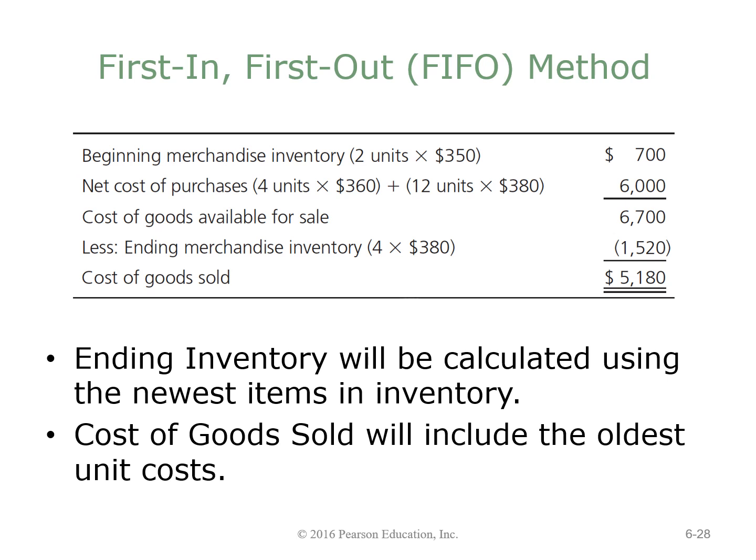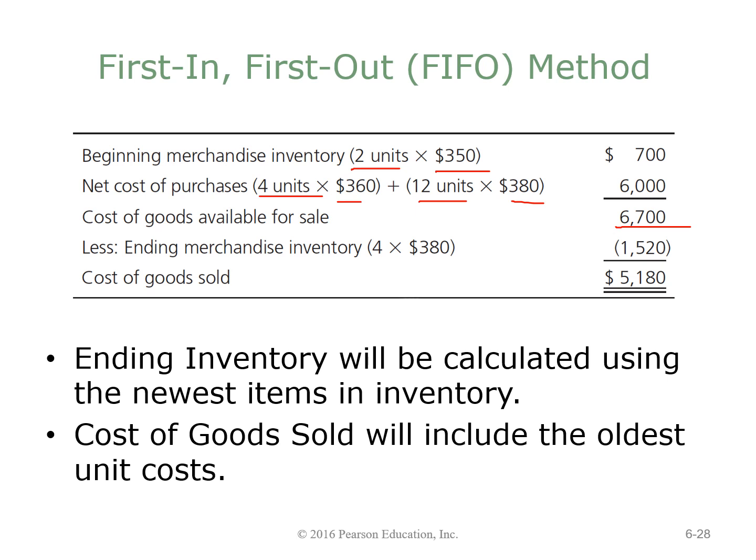But actually here, first in, first out, we are saying that we have a beginning merchandise of 2 units by 350. Net cost of purchases, we purchased 4 units by 360 and 12 units by 380, so the total is 6,000. This is why we said we are not tracking each unit here. We are talking about totals. So actually the total here is cost of goods available for sale 6,700 minus ending merchandise inventory 4 by 380, which is